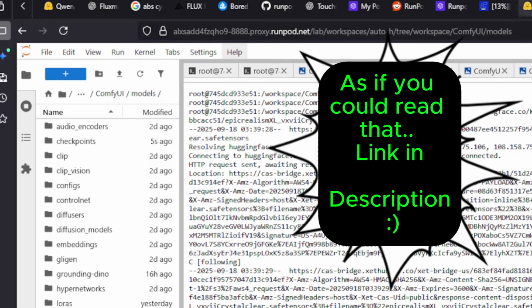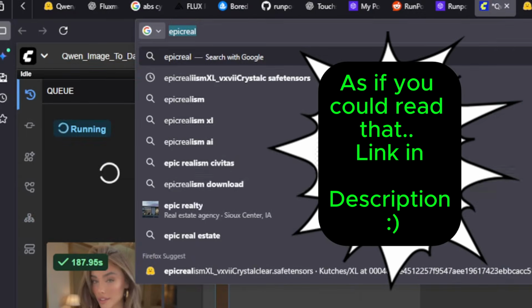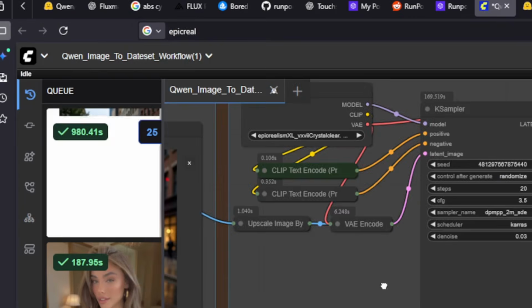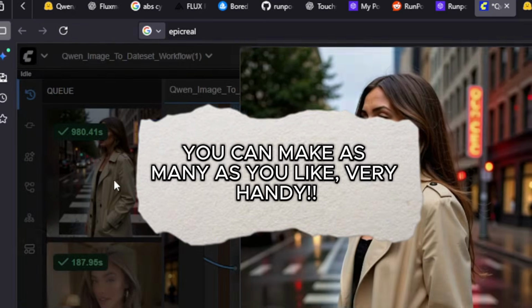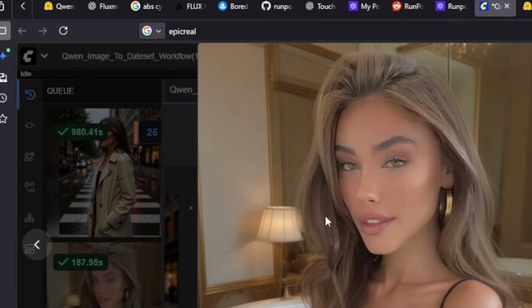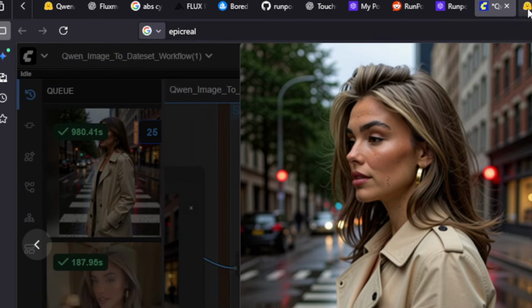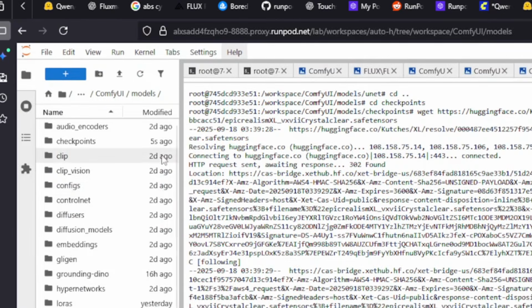We're going to get it downloaded, and in the future that will probably help with the problem I'm having. So it will run about 1,000 seconds for 25 images. Let's go try.